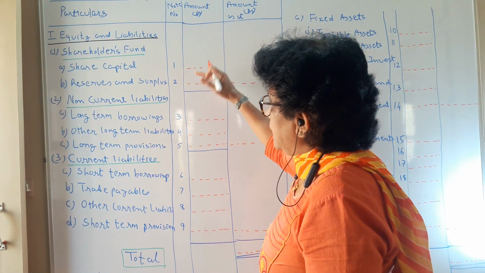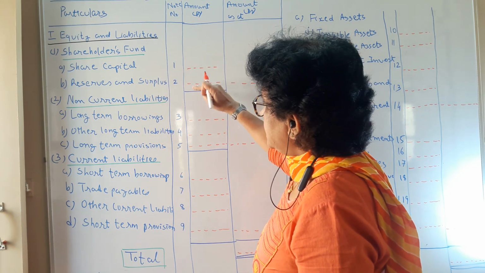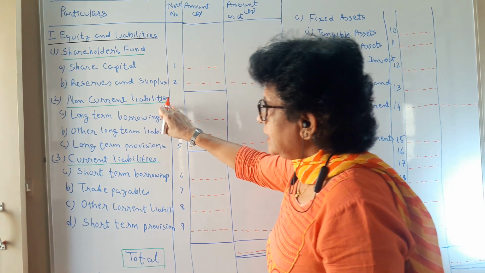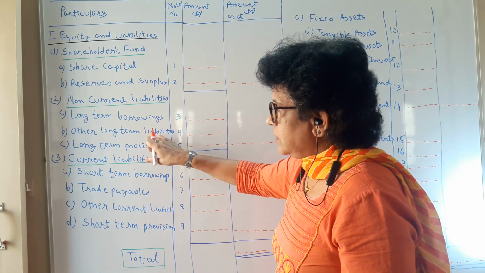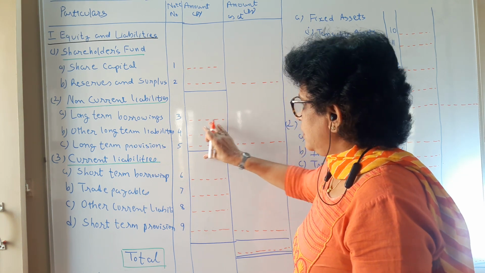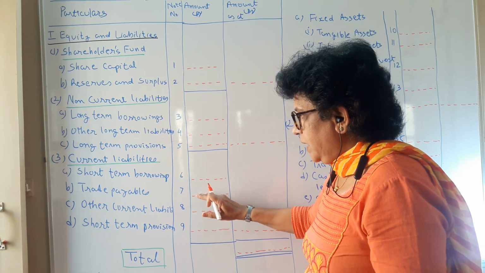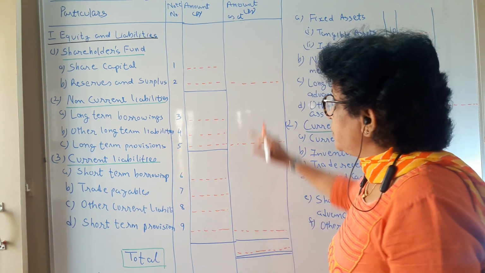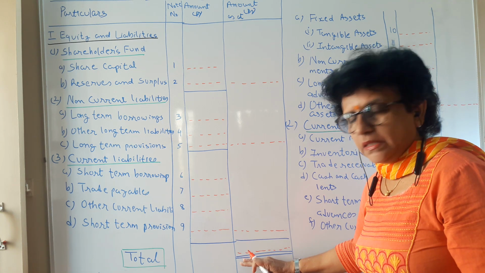So when you sum up the shareholders fund, the two figures are there, share capital and reserves and surplus; put the figure in the outer column. Non-current liability, in that three sub-points are there, long-term borrowings, other long-term liability, long-term provision; put the inner column figure, total will go outside. Short-term borrowings, again you have the 4 points, put the inner column, then the outer column. After this, you can do the total of your liability side.